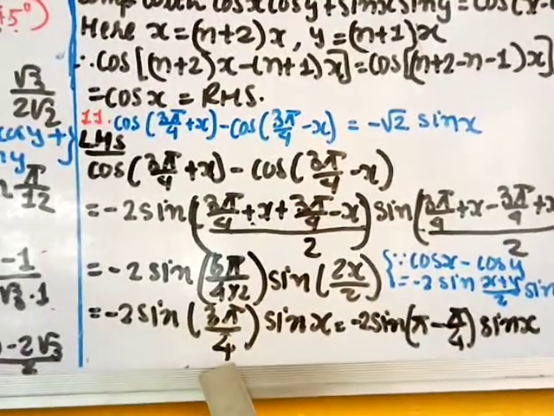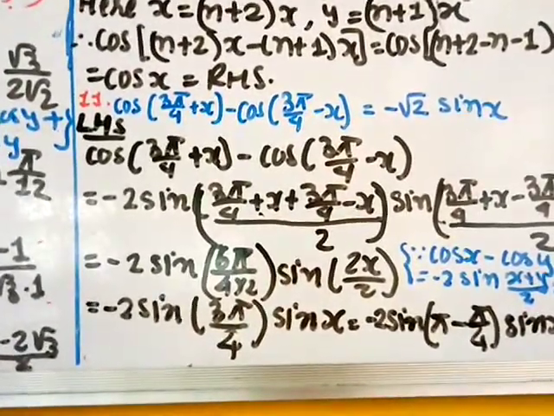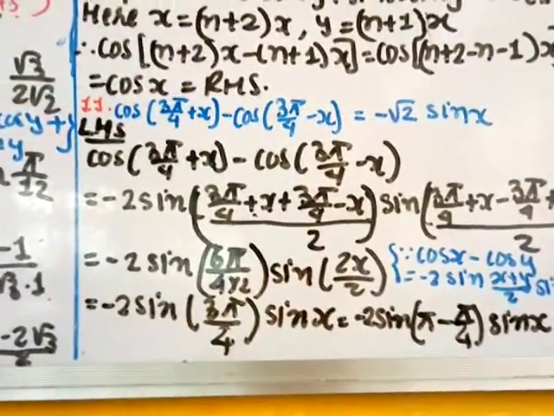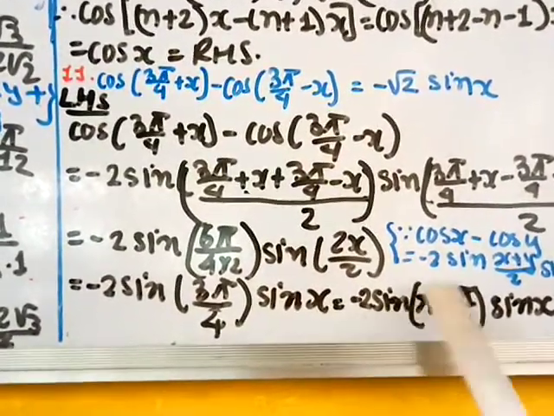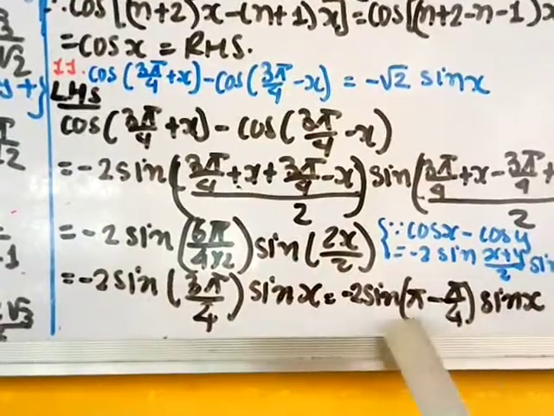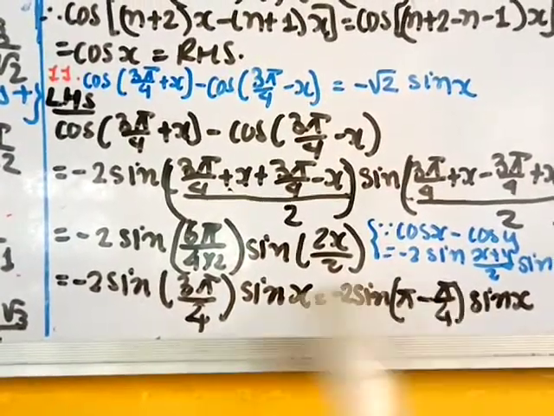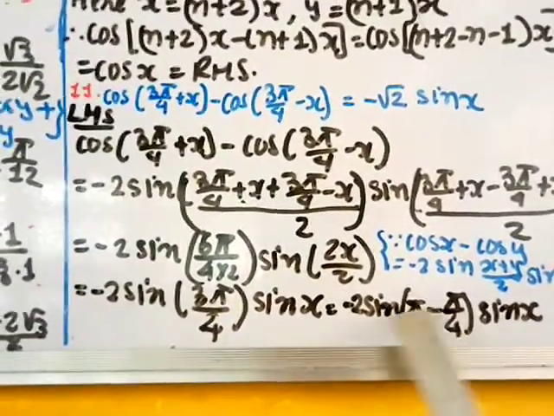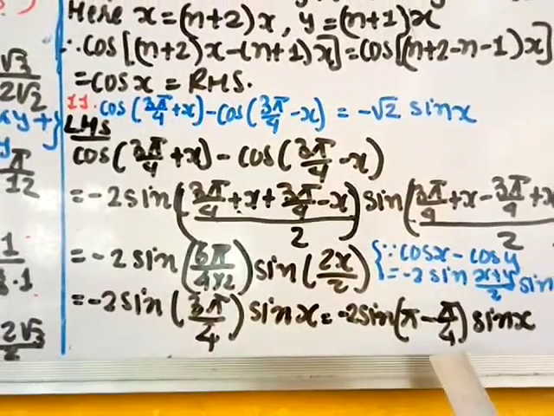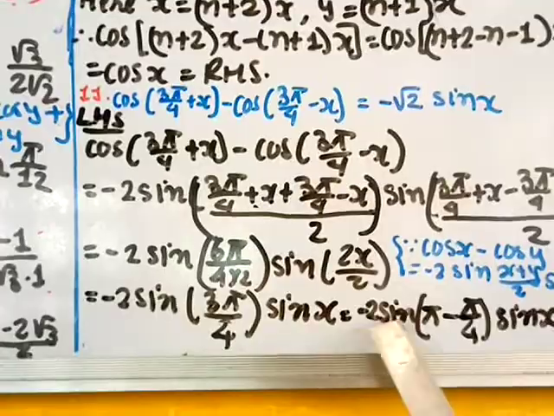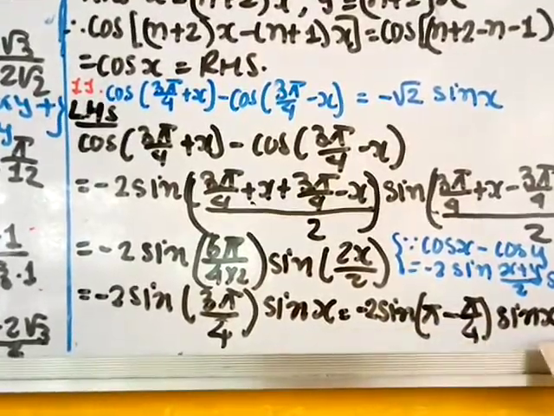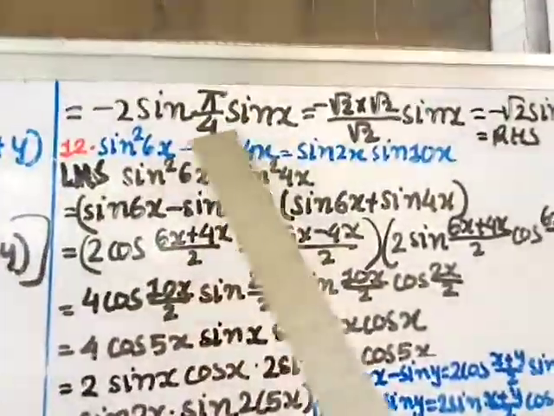Now 3 pi by 4, we have done this before. 3 pi by 4 we have to take in the first quadrant, so in the first quadrant we have taken it as pi minus pi by 4. Okay, so that difference should come this much, or sum. Here it is difference. 4 minus 1 gives you 3 pi by 4. Okay, and this is pi minus pi by 4 comes into second quadrant. Second quadrant sign is positive, so answer is minus 2 sine pi by 4 into sine x. Okay, I have written here minus 2 sine pi by 4 sine x.